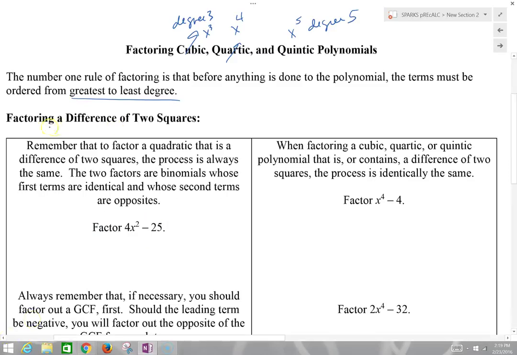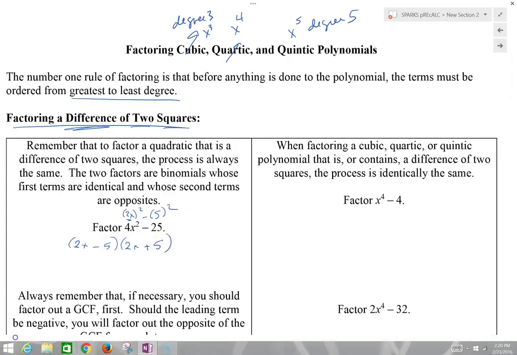Alright, so we're going to start with the special circumstance of a difference of 2 squares. What we have right here is 2x squared, that's a perfect square, minus 5 squared. And this is a special case where the two binomials that multiply together to get 4x squared minus 25 are called conjugates. And it's 2x, which is the square root of the first perfect square, minus the square root of the second perfect square, and then 2x